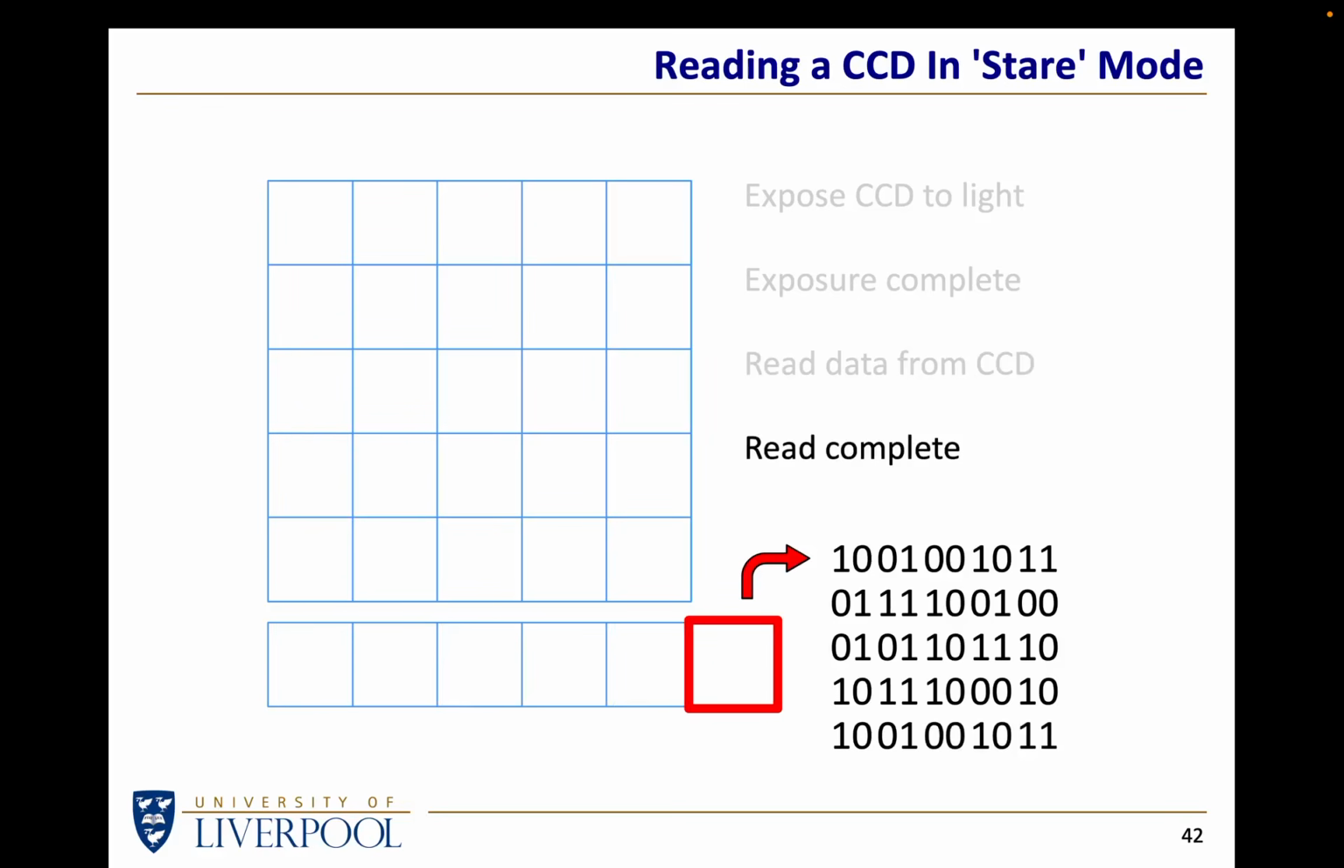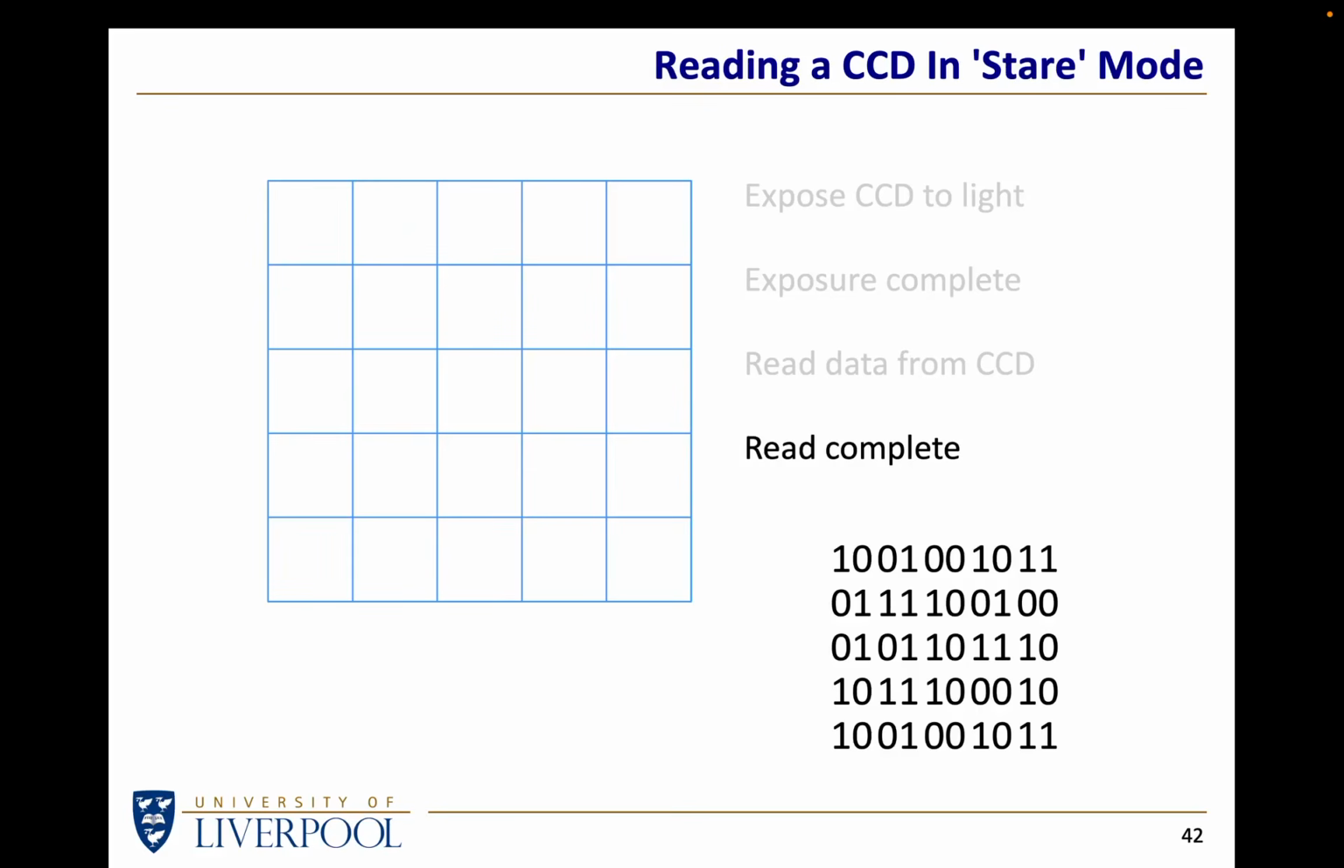When we are finally done, we have read all of the charge from the CCD, and we've converted all of the information about the charge in each pixel, which is related to the amount of light that hit each pixel, to a set of data. That is how things work when you simply stare at a patch of sky and then when you're done, read the data out. Sometimes that's called stare mode